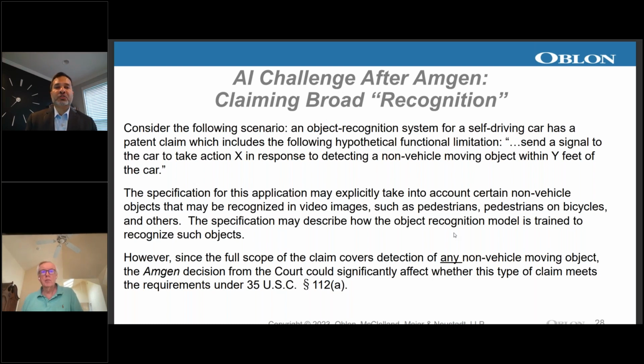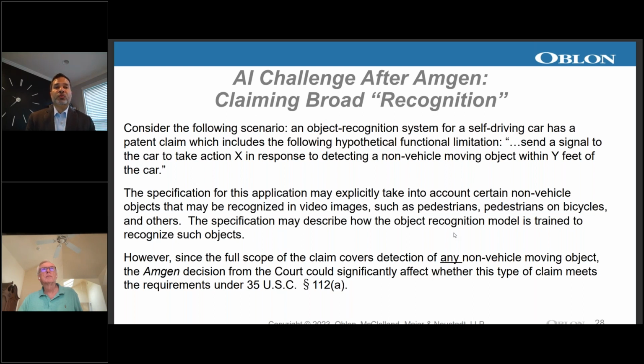Maybe, for practitioners in artificial intelligence, everyone knows how to train a neural network to do whatever you want it to in terms of object recognition. Maybe someone will read that specification and say, you know what? Any object I want to train it to do, I have to feed training images of those objects. And your neural network will develop the ability over time to do it. So maybe an expert in a case would say, hey, that's not undue experimentation. We all know how to do that.